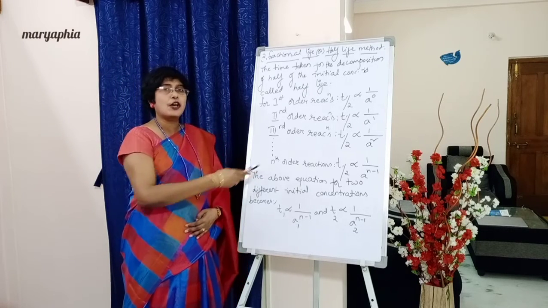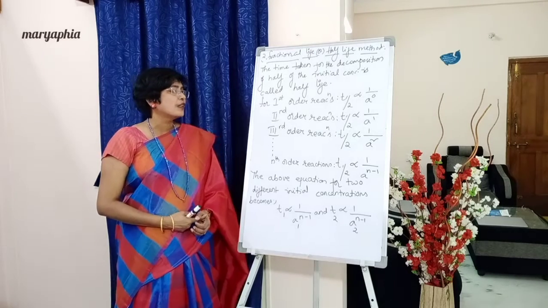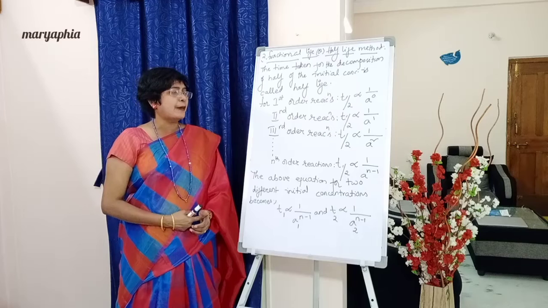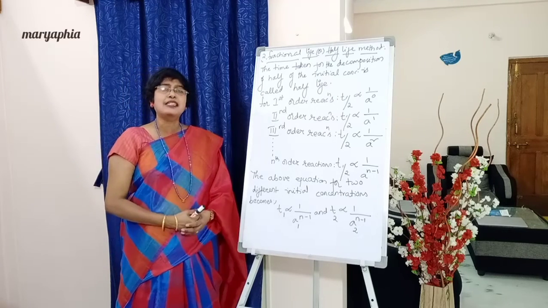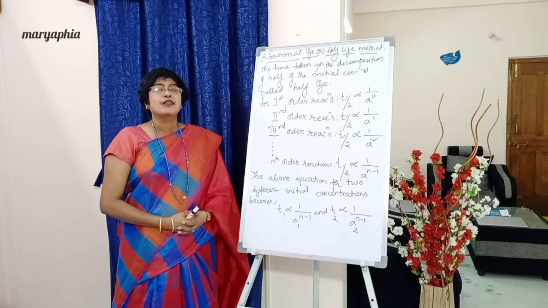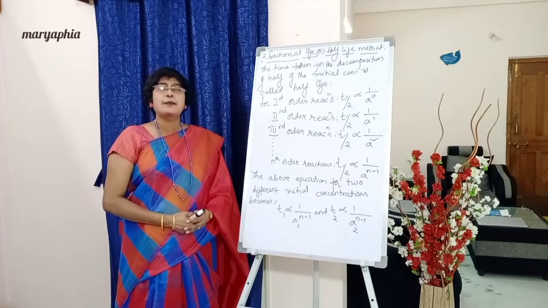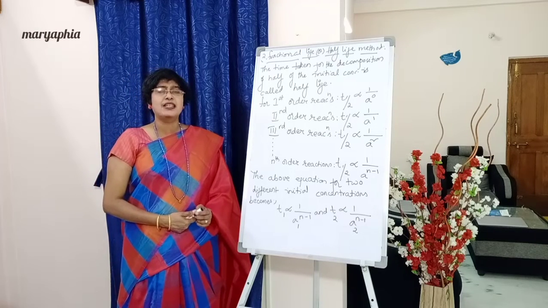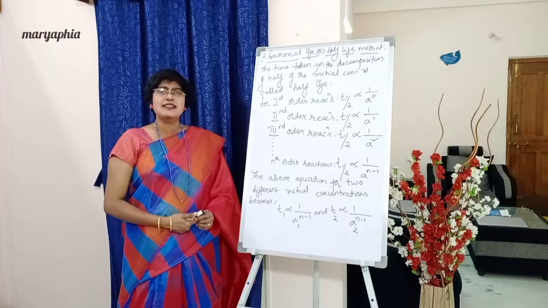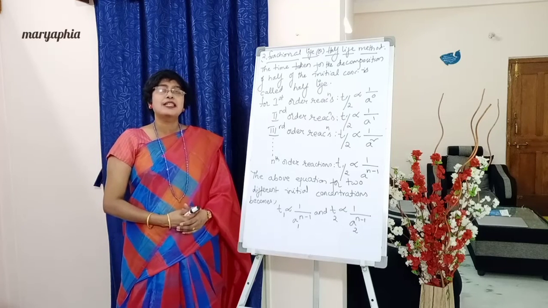So take this formula, students. For example, for second order, you take n value as 2. T half proportional to 1 by a power 2 minus 1, that is a power 1. Did we not write the same for second order reactions? Yes. Therefore, for nth order reactions, half-life is proportional to 1 by a power n minus 1. Have you understood? Or I will give you just 10 seconds. Go through once again, from first order reactions.